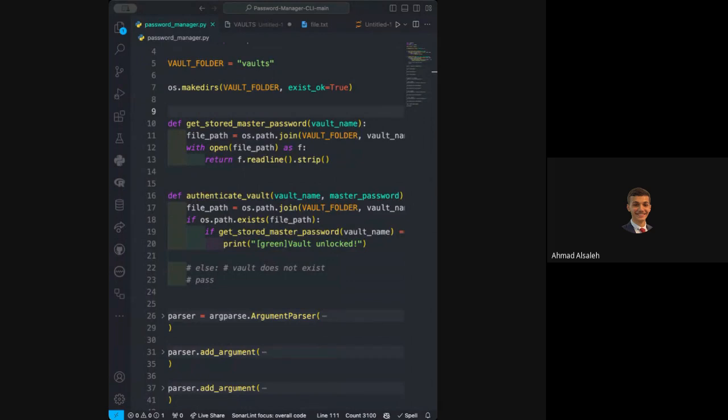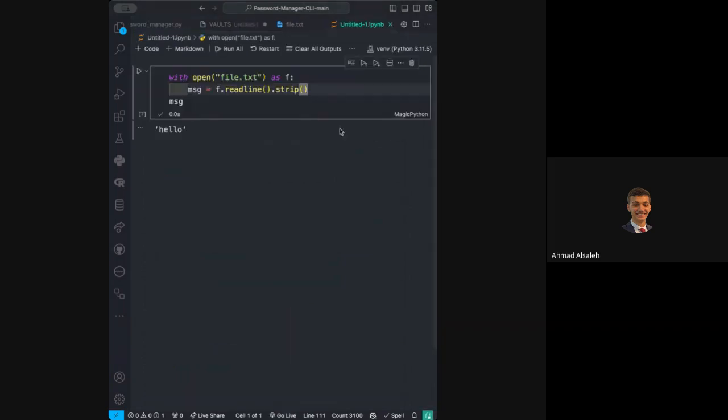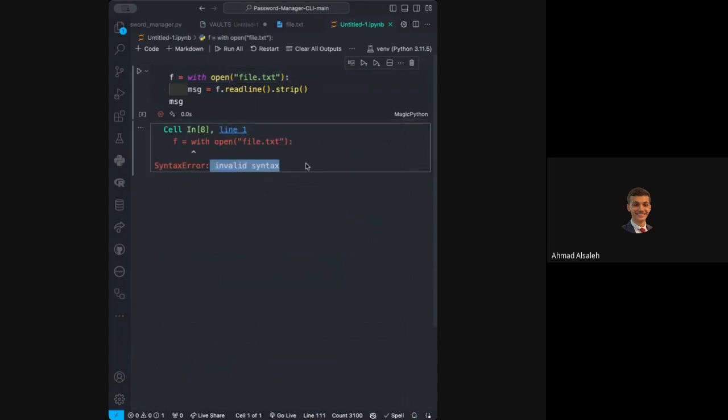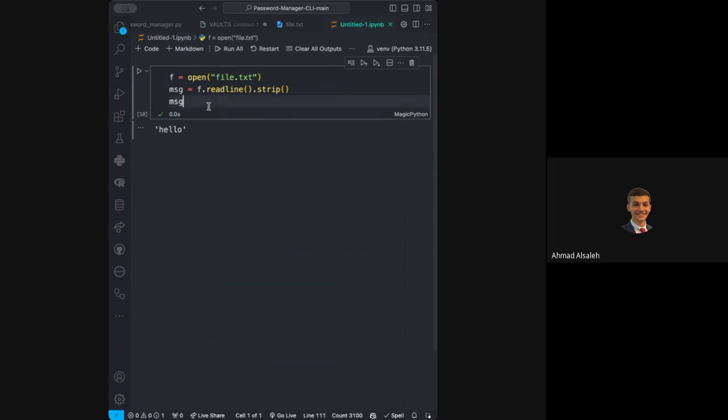Is the with line same as f equals? I'm not sure, Ahmed. I have never tried it. That's a very uncommon way of doing it in Python. You can try it. Let me try it here. F equals, just, no, it's an invalid syntax, as I expected. You can't do that, or I think you mean this. Yeah, this works, but people usually do not recommend it because